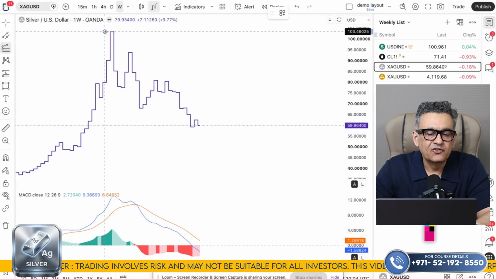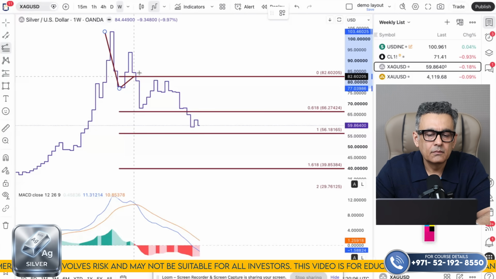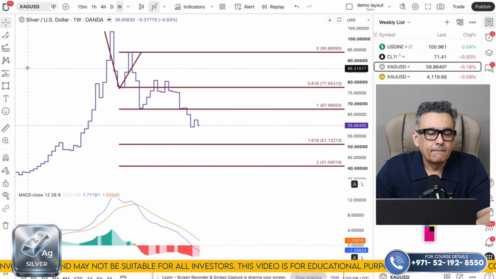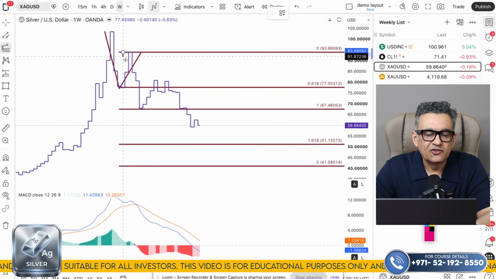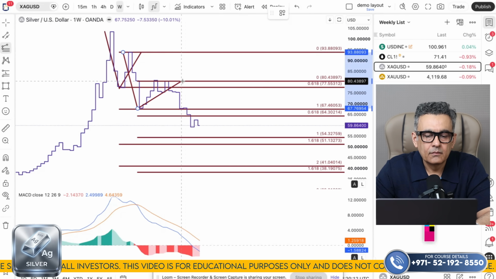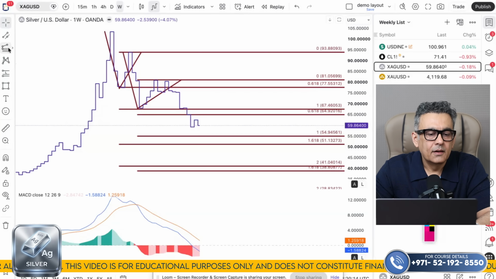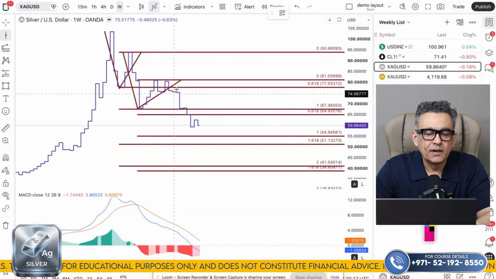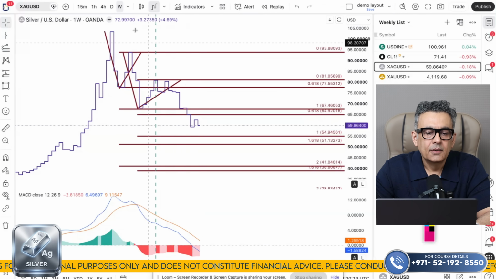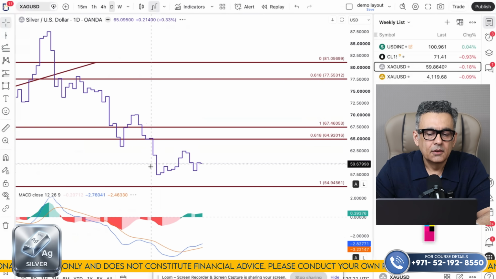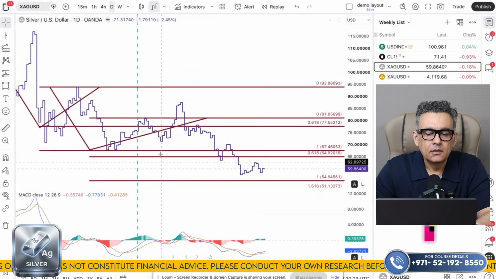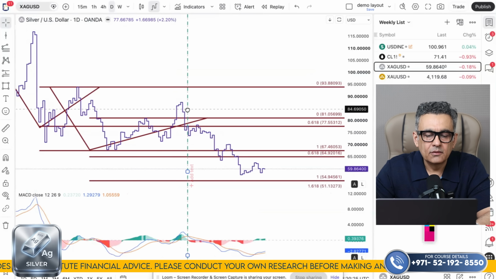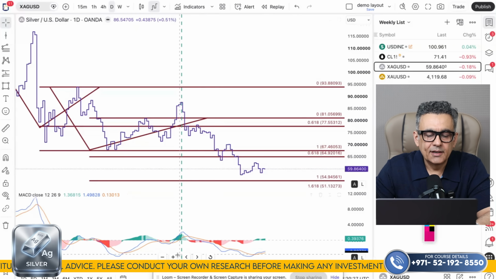So this is the first bearish extension and followed by the next bearish extension. And this is the vertical line which is added here. Now let's move to day chart. Now on the day chart, we need to adjust the vertical line to the highest point, and I'll be adding